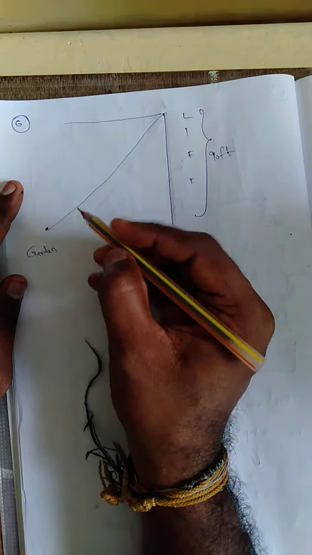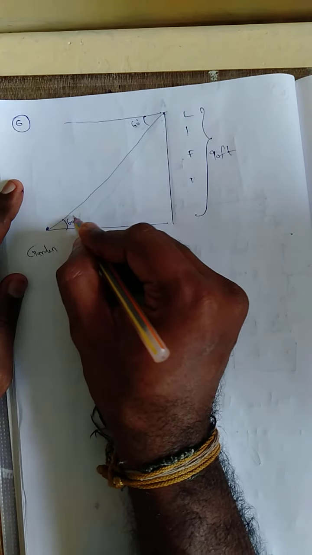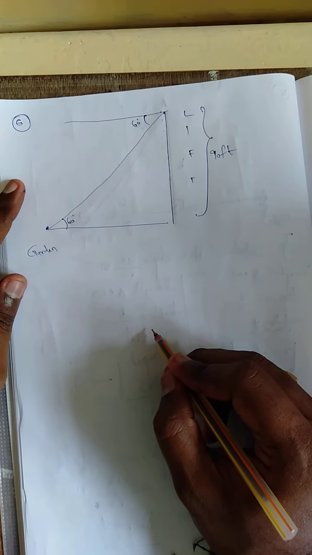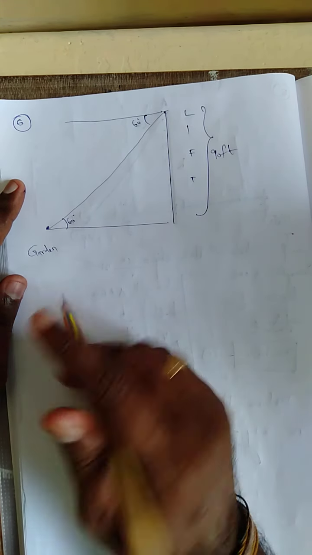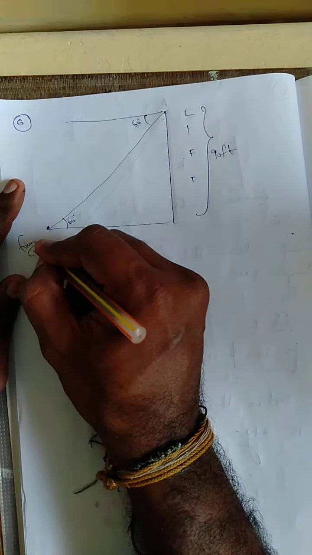What is the angle of depression? Nothing but 60 degree. If this one is 60, I can take this one as 60 degree. Okay. Depression to a fountain in the garden is 60 degree. This is a fountain. Garden, fountain. There is a depression of the fountain. There is a fountain in the garden.